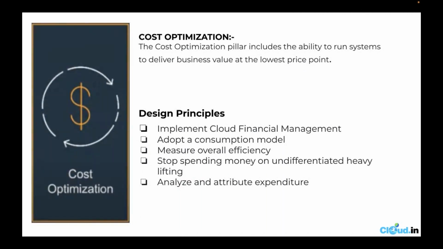Okay. Last is not last, I guess. Yeah, this is the fifth one. This is the cost optimization pillar, which includes the ability to run systems to deliver business value at the lowest price point. So what this means is, this pillar focuses on optimizing the cost effectiveness of your cloud infrastructure, the infrastructure that you're already running with the applications. This pillar includes several best practices that can help to reduce cost and optimize your spend on the AWS